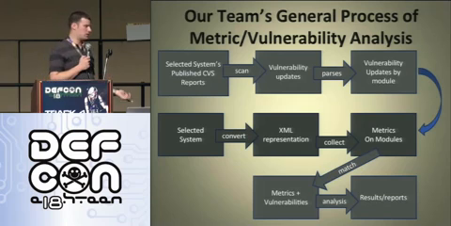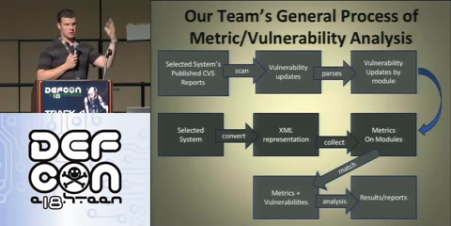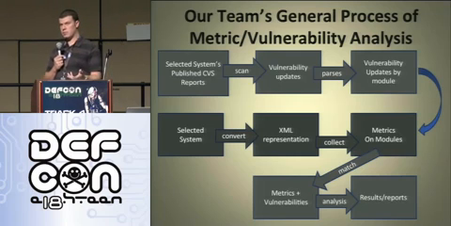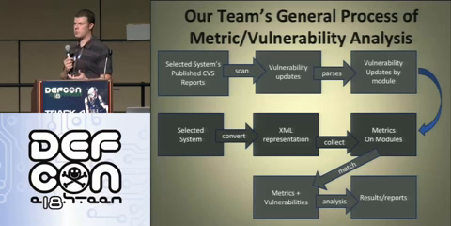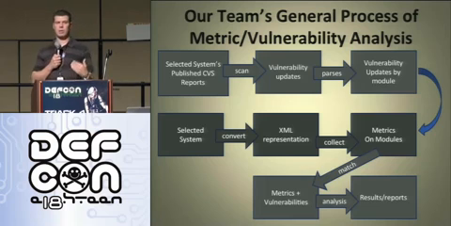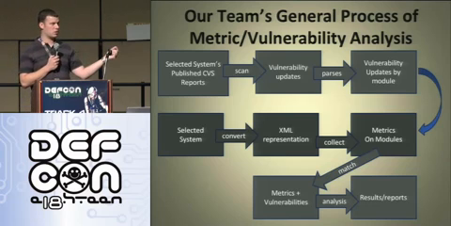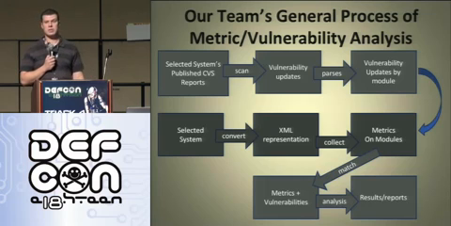Basically, you take your system, then you build a list of all your vulnerabilities and what version of the code it was, and this is where my big part in this research project came in. I would take a report of a vulnerability and then say, okay, what is actually causing that vulnerability? What's the actual vulnerable piece of code? Because that's really what you need to know. When you're doing your metrics and it gives you a specific module, you have to know where the vulnerability was, or else you can't say if it actually identified it or not.